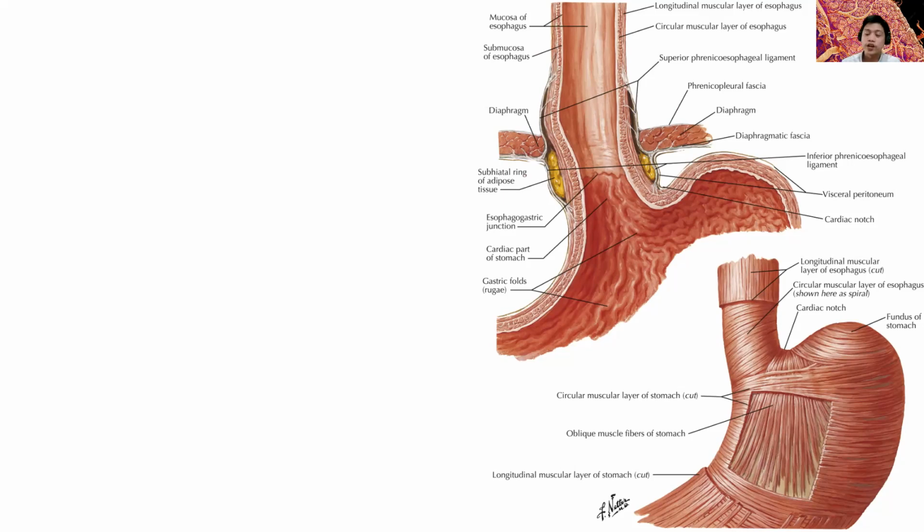So that lower esophageal sphincter is important because it has to relax so that the food can enter the stomach. And once the food is already in the stomach, it has to tonically contract so that food will not reflux